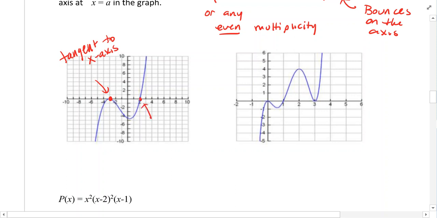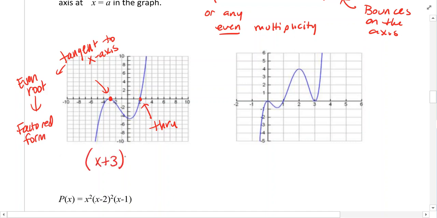Whereas this one is going through. Make sense? So this being tangent also will tell me that it has an even root. So it could be a double root or a quadruple root. And so that tells me in the factored form, we're going to have something that's going to have x plus 3 squared. That's squared because of the even